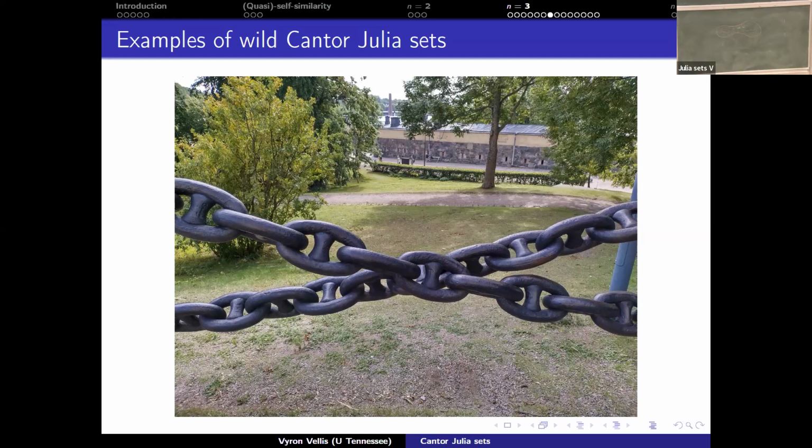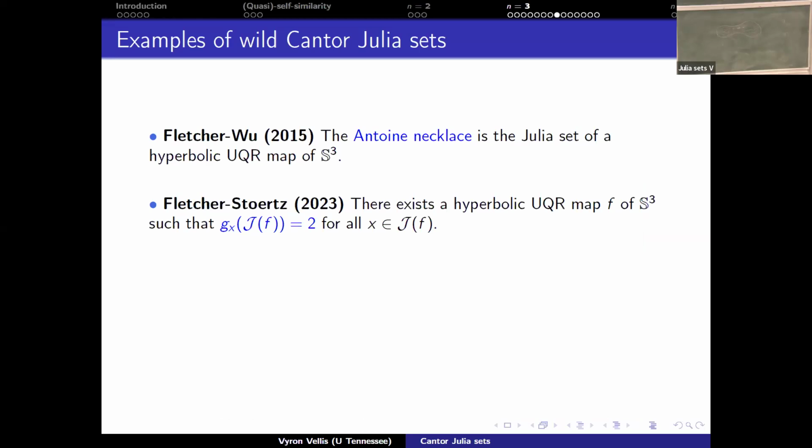And the remedy is you have to take these two chains and link them in a 4-way link. That would be the only way that you cannot replace a genus 2 object with a genus 1 object, let alone proving that this is a Julia set of a UQR map, which is also very hard. So that was their theorem.